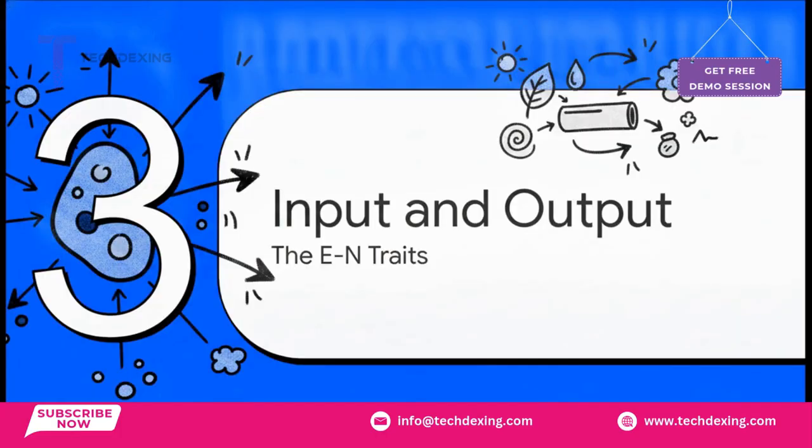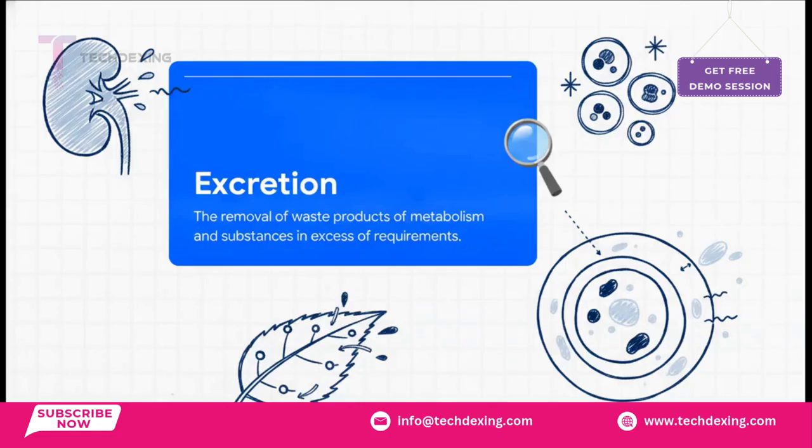All right, on to Section 3. Input and Output, the EN traits. Let's look at the output side of things first, with E for excretion. This involves the removal of waste products of metabolism and substances in excess of requirements. Now, this isn't just a broad, generic term. It specifically deals with the